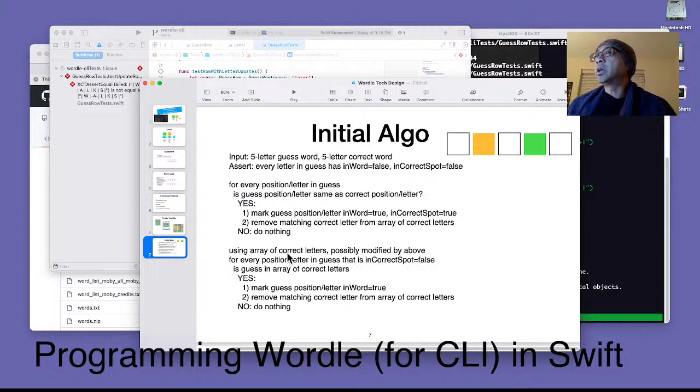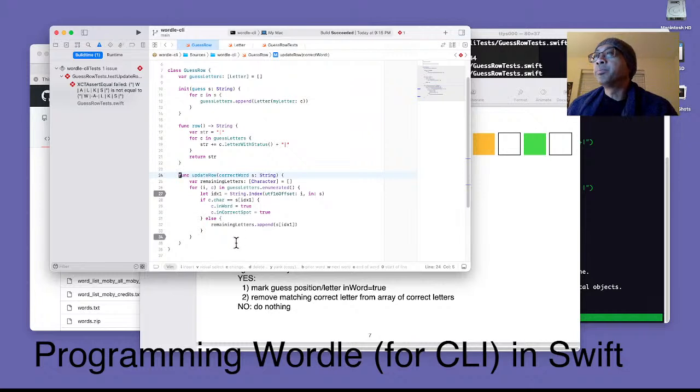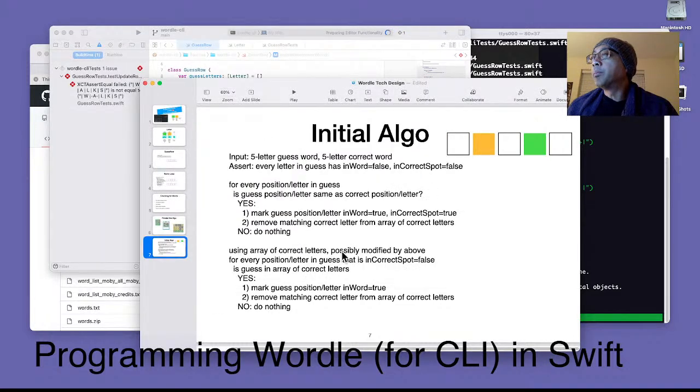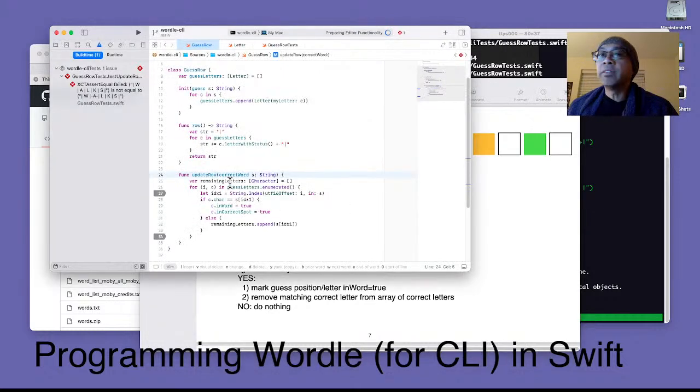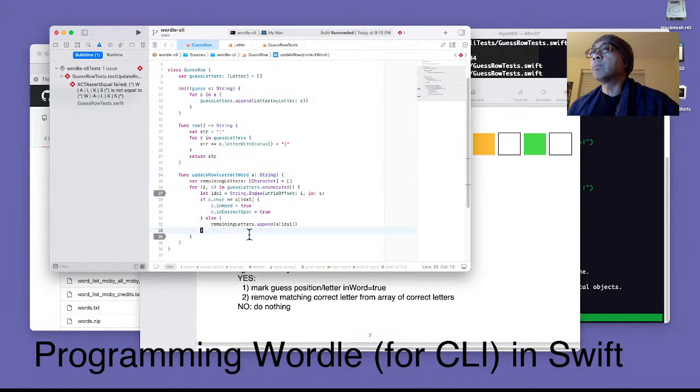We have an array of correct letters, possibly modified by above. If you remember from the work we did yesterday, what we instead have is the correct word, possibly modified by above. What we have instead is the correct word where all the correct letters are removed. And what we have is called remaining letters. And what we're going to do is for every position or letter in the guess where it is not in the correct spot, we're going to compare those letters to see if they're in this one. And